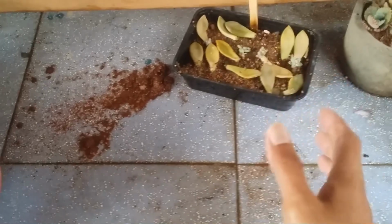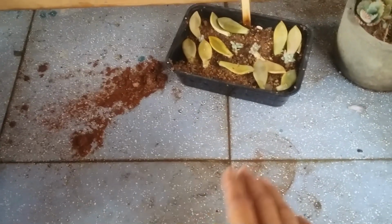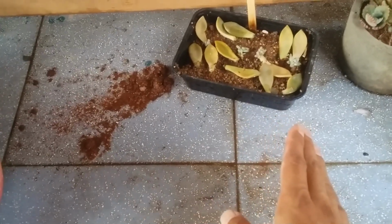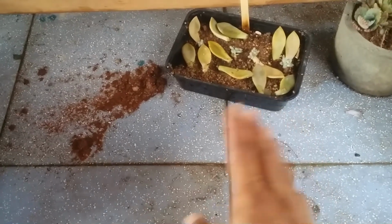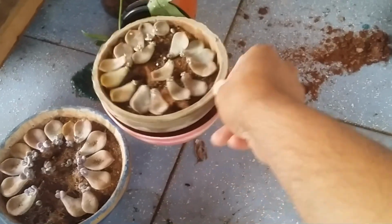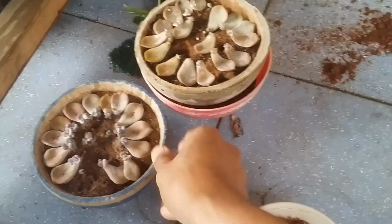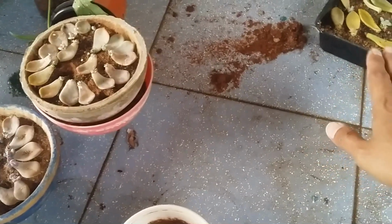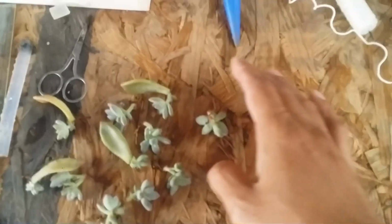The wind was so strong that a lot of my pots started to topple, but these were plastic containers, so they were slightly light, so they completely toppled over and all the soil came up, whereas the ones that I had in the concrete pots were much more stable because they are quite heavy, so they did survive, you can see. But my Graptoserum ghosty is completely toppled over, so I quickly went ahead and collected all the